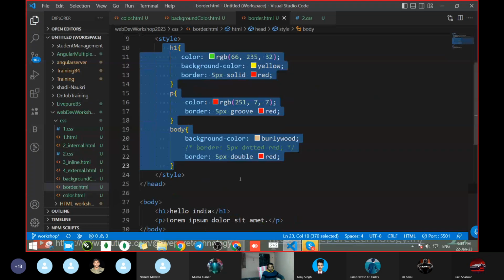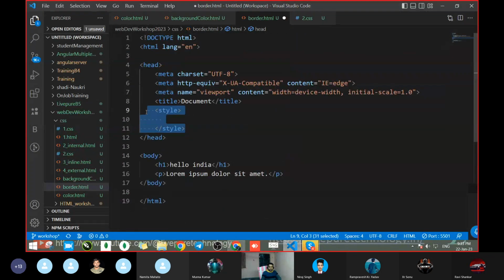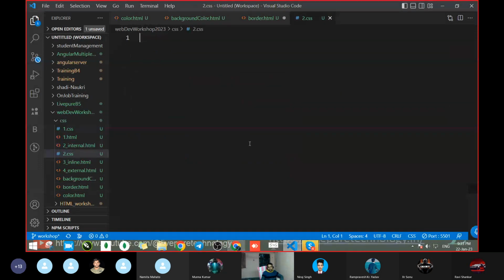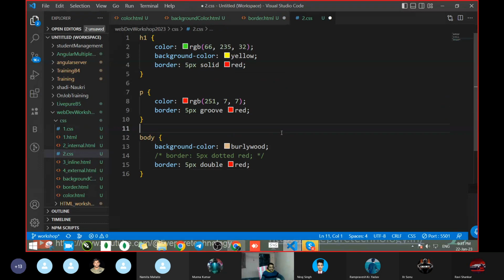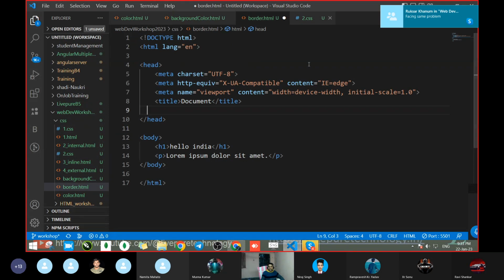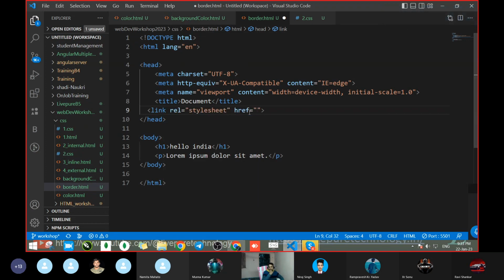Okay. Let's say Control X. Nothing will be there. And paste that in. I just copy pasted. I have not done any modification, but how will this CSS and this HTML both be connected with the help of which tag? Link tag, correct? And in the link tag,